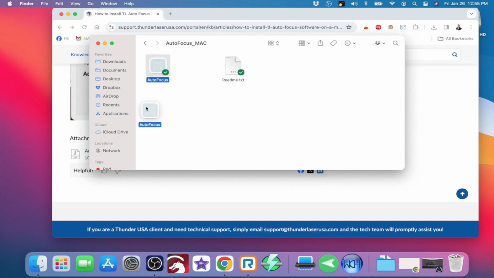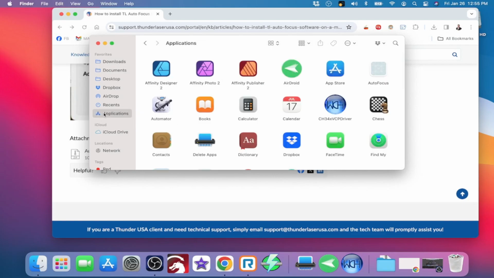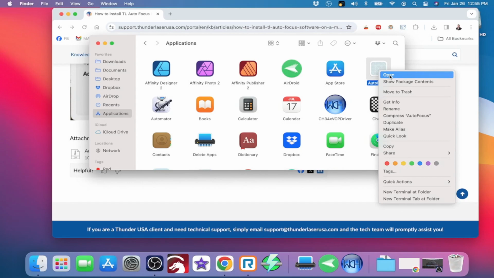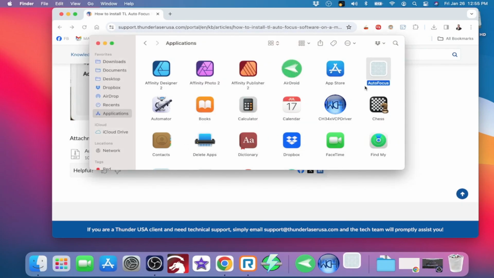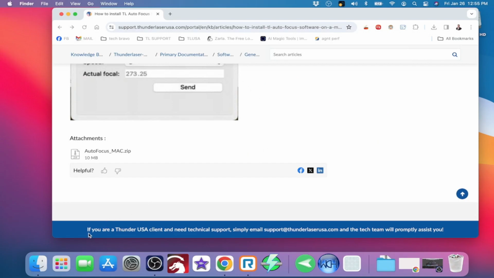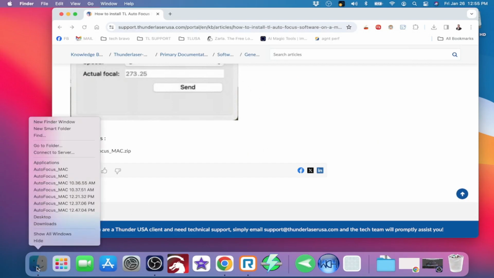We're going to do the same thing. We're going to drag it over into applications, and then we're going to click applications, and we're going to do the same thing. Hold down control while you hover, left click, and it'll show open, and click open. And it says that it cannot be opened, and this is because it thinks we're not coming right out of application. So again, let's close the window, go back to our Finder, new Finder window,